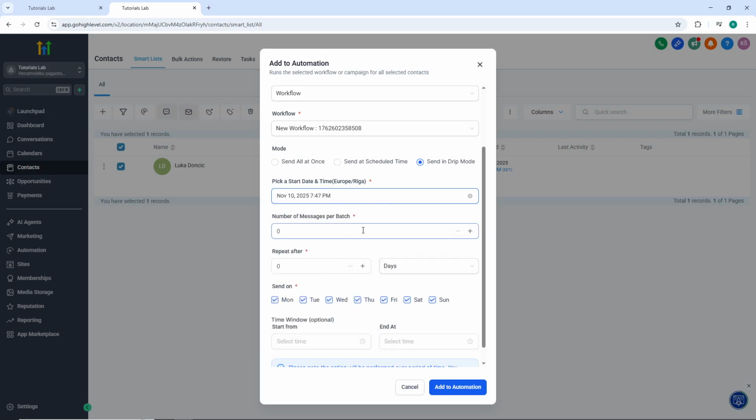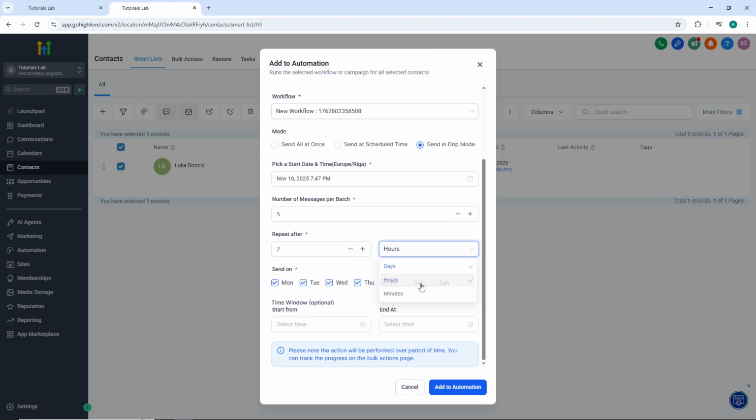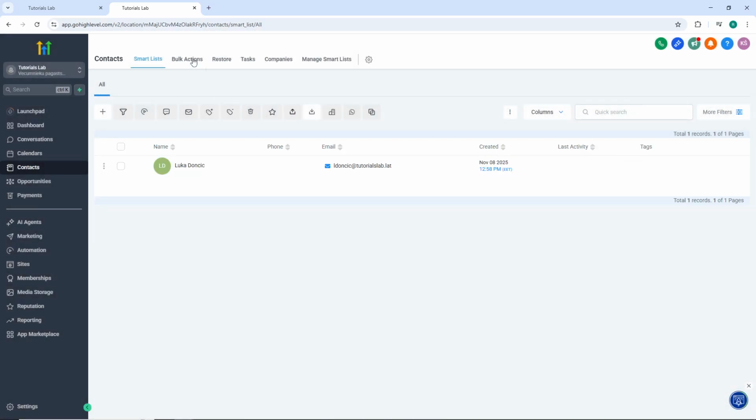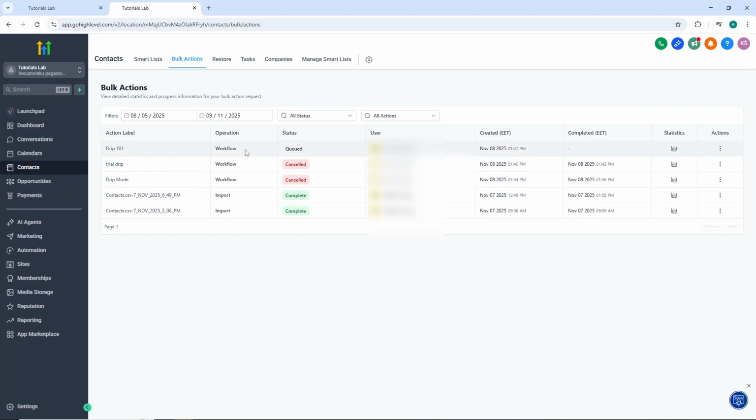of messages per batch, repeat number, and the interval between sends, whether that's days, hours, or minutes. You can optionally fill in a time window if you want messages sent only during specific hours. Once everything is configured, click Add to Automation. To monitor your workflow status, click on Bulk Action and you'll be able to track how your drip campaign is